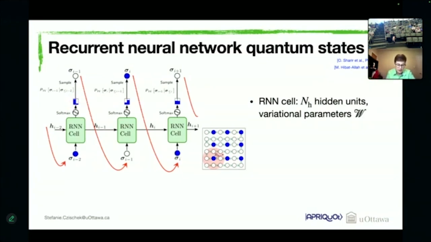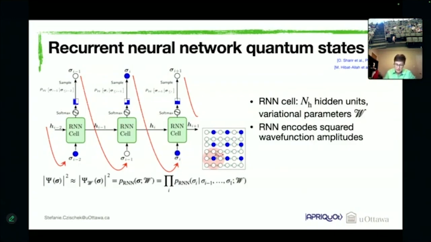And from this output distribution, we sample the configuration of the next atom in the sequence, and we autoregressively use it as the input in the next iteration of the RNN cell. Okay. And now, because we are propagating this hidden unit configuration and generating this memory effect where we have information captured about the states of previous atoms in the sequence, these output probabilities are probabilities of the state of the next atom in the sequence conditioned on the state of all previous atoms in the sequence. Okay, so this is really where the correlations come in.